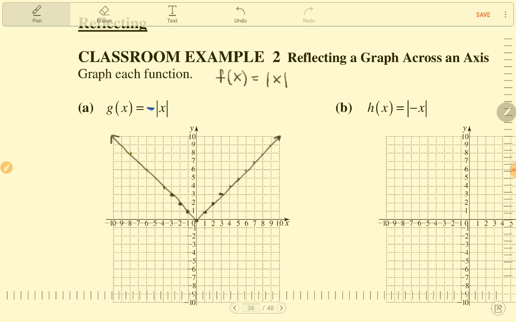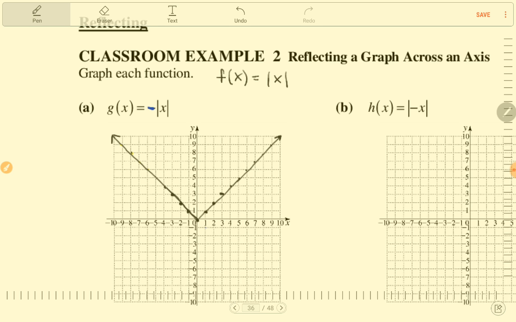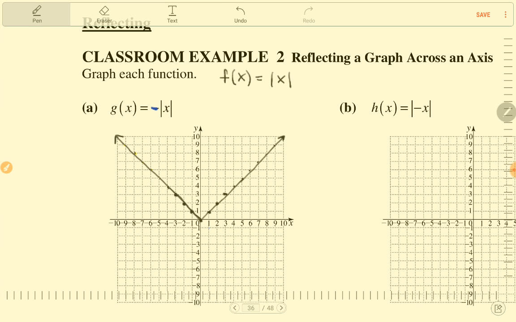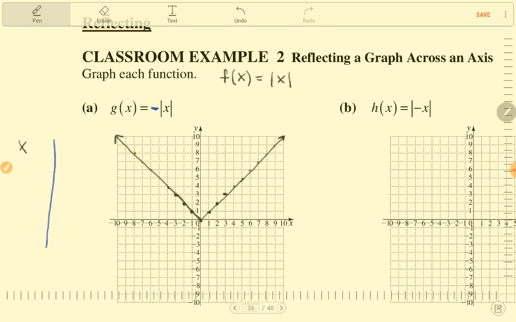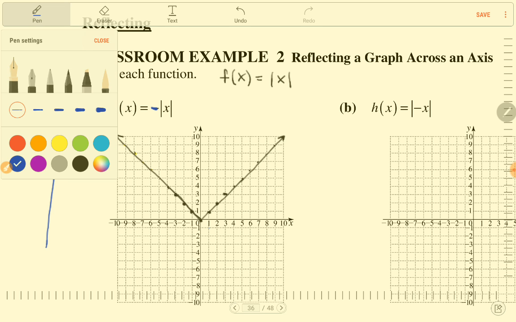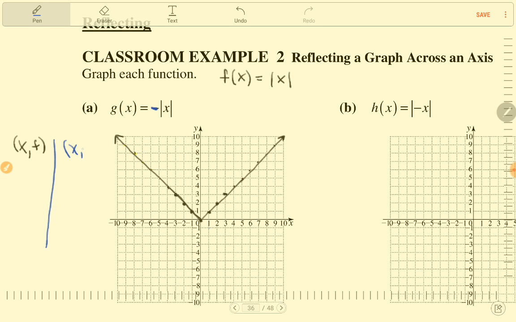Once you put a negative in front of it, though, it'll be reflected across the x-axis, or reflected upside down, which is what we call a vertical reflection, or sometimes, like I said, we would just say it reflects across the x-axis. So to see this, let's do an xy chart. And I think I'll do ordered pairs, x and f of x on one side, and the transformed version, x and g of x, on